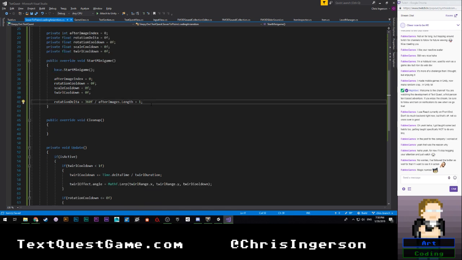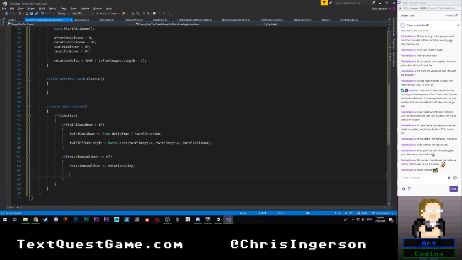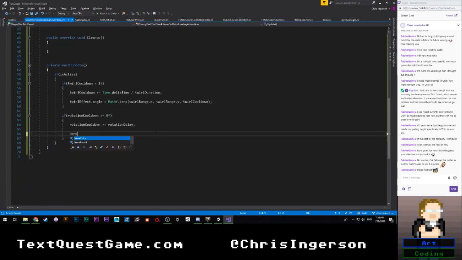Okay. Because I always get screwed, I'm going to use my parentheses, because if you don't use parentheses, then somehow it always gets evaluated the wrong way. That's because multiplication and division is evaluated before addition and subtraction. So make sure that that's in there. That should automatically calculate our rotation delta, so I'm not going to just magic number it anymore. And that means we can come down here and say hero parent dot local rotation is,